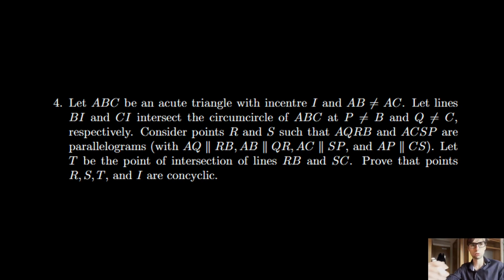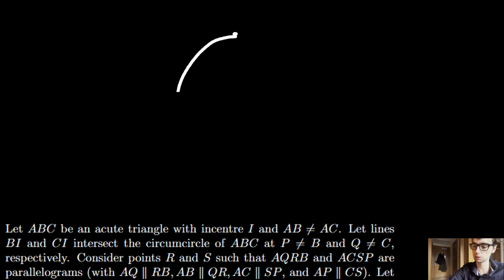Okay, let's read the problem itself. What does the problem say? The problem says we're going to have an acute triangle with an incenter. AB is different from AC. We're going to have, okay, BI and CI intersect the circumcircle. So the first part here is, we draw the circle. We're going to draw then